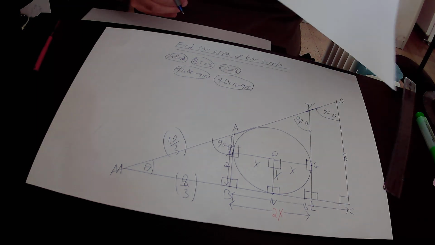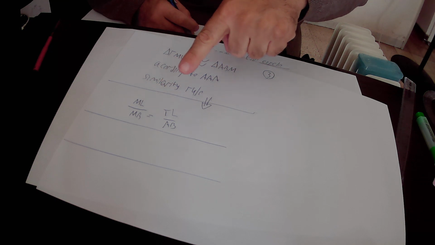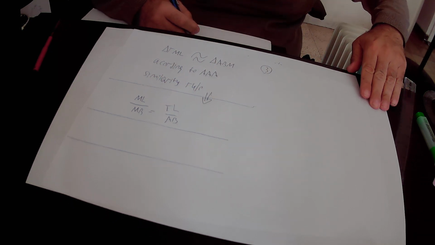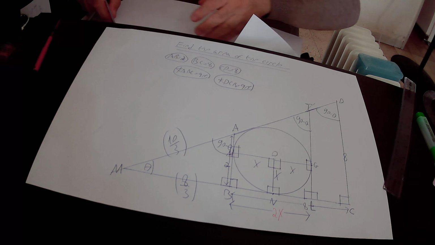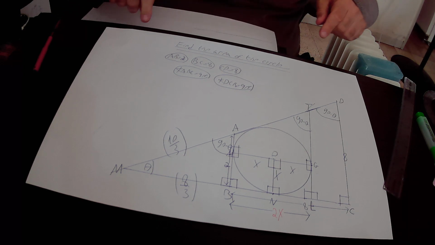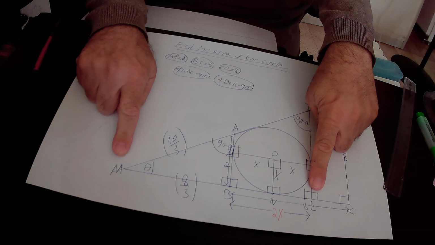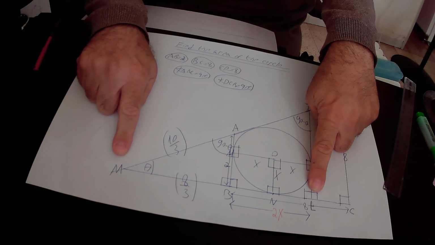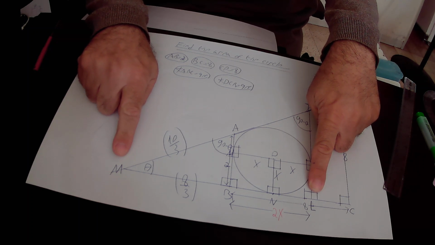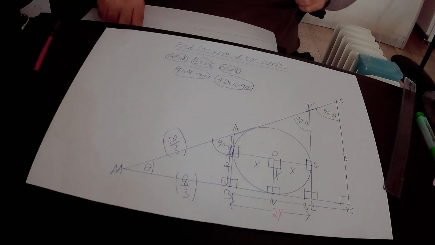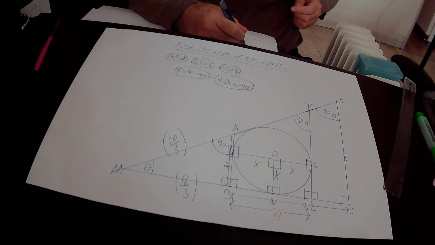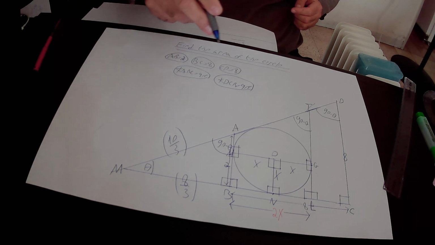I conclude that ML over MB equals TL over AB. Here ML equals MB plus BL, that is to say ML equals MB, that is 8 over 3, plus BL, that is 2x. So in total ML equals 8 over 3 plus 2x. So ML, which is 8 over 3 plus 2x, over MB, which is 8 over 3,